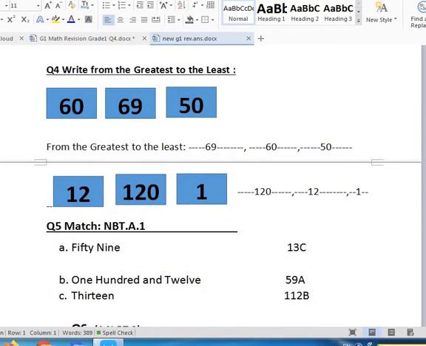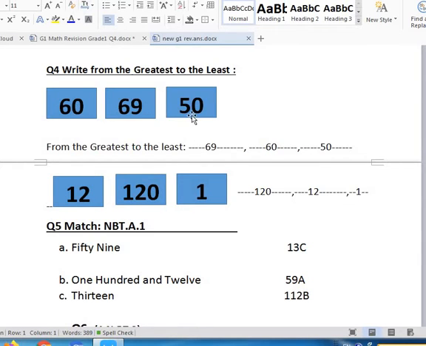Okay, and here from greatest to least: 60, 69, 50. I will compare from my left hand. 6, 6, 5. Which is greater, 6 or 5? So what should I do? After looking at the left hand, go to the right hand. 6 and 6, which is greater, 0 or 9? Of course, 9. So 69 will come first,